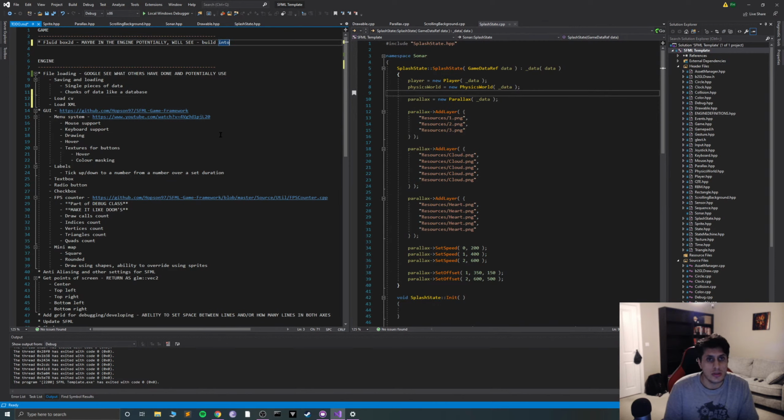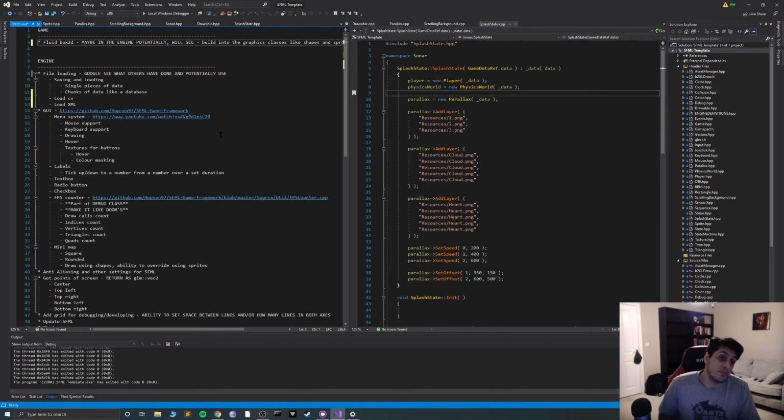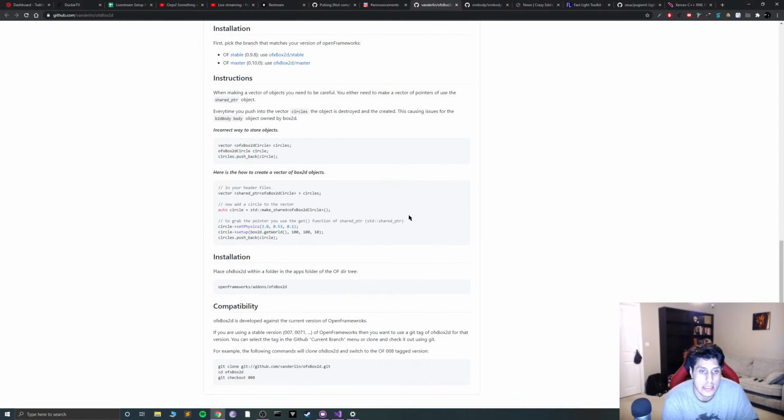Build into the graphics, that is like shape and sprite. So that way the physics are just, obviously we'll do some Box2D stuff that you can also access directly, or you can just create a circle and that could potentially have physics properties. Yeah, that'll be a lot better. Doing that sort of stuff.